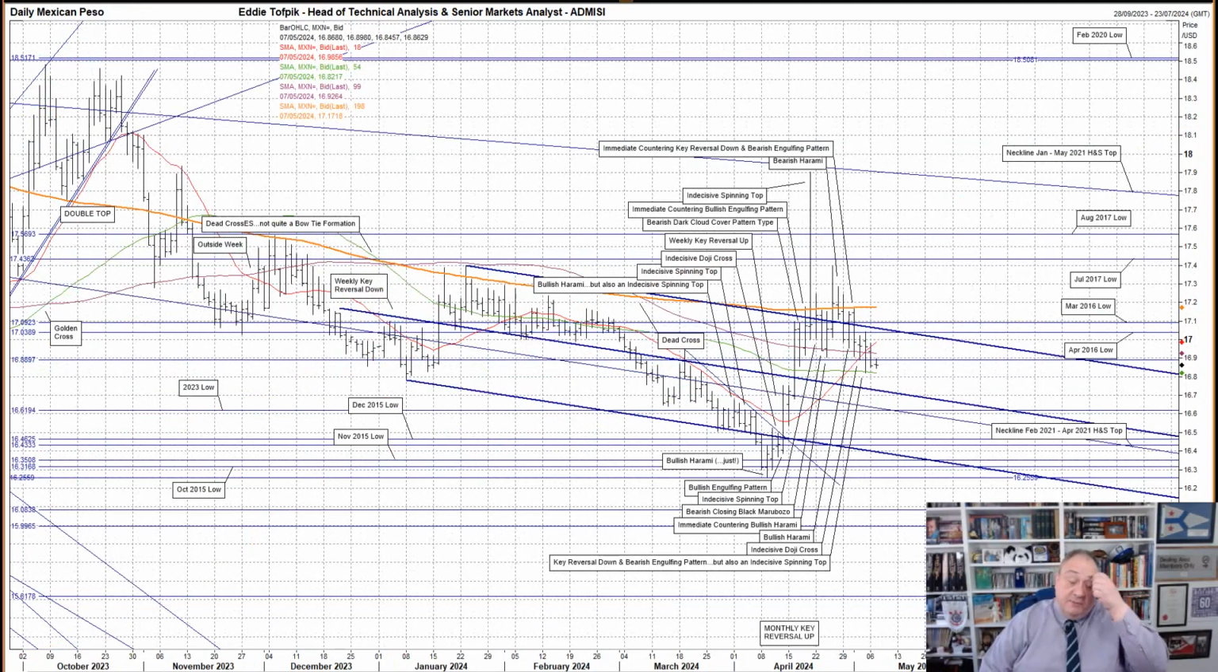US dollar against the Mexican peso. A second bearish black crow yesterday and a follow-on to Friday's unusual combined key reversal down and bearish engulfing pattern. There was also an indecisive spinning top. There you go. How schizophrenic can you get? The key feature was the move down and close below the very slowly declining medium moving average, currently 1692.63, and